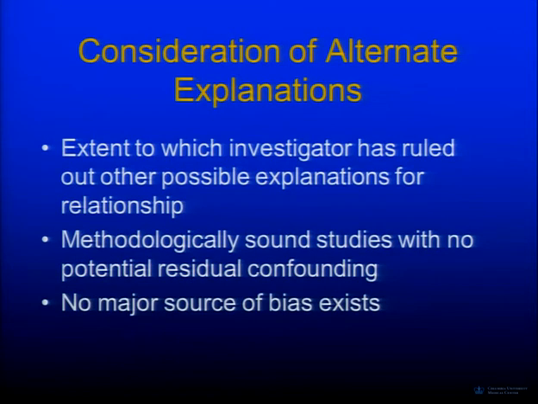One of the other things is that you want to consider alternate explanations. Is there some other reason why your association might have led to your outcome? You would hope that when you're reading your paper, the author says, well, it's possible that we selected the wrong control group, however, X, Y, or Z. That they've considered what impact other explanations could have on this finding and would it hold true.